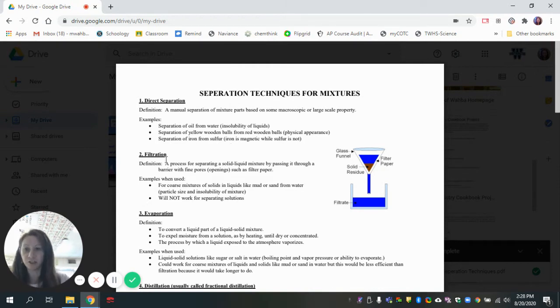Next is filtration. So filtration is good if you are trying to separate mixtures of a solid and a liquid where the solid is not soluble in that liquid. So for example, sand and water or silver chloride in water. Silver chloride is not very soluble in water. So what you do is you take your mixture and you get a funnel